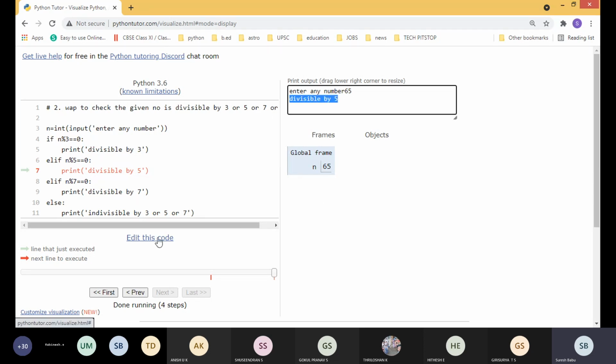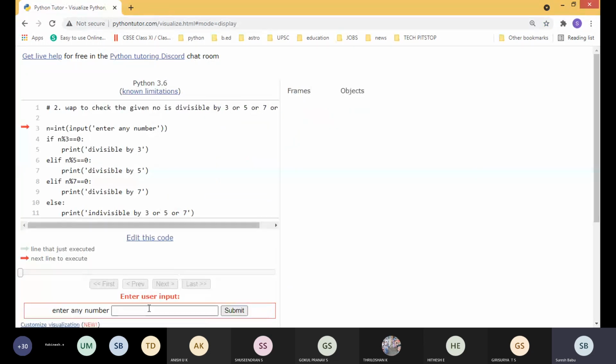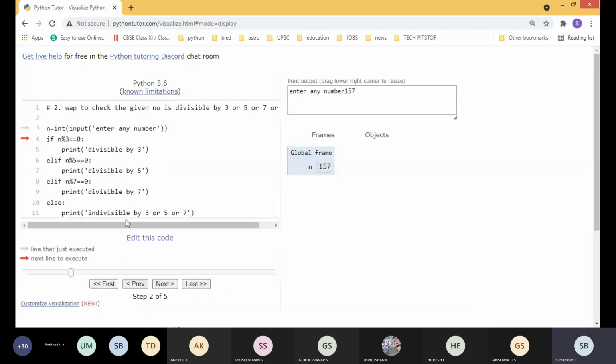Okay, so like this you can check any input. The next time I'm going to check another one, that is 157. Students, 157, what will be the answer? We should do some manual calculations also.